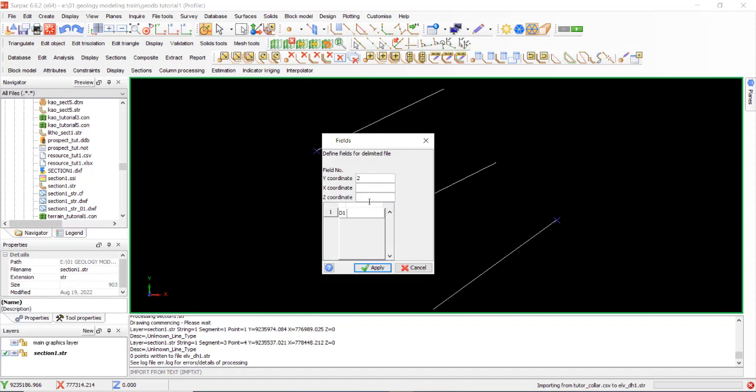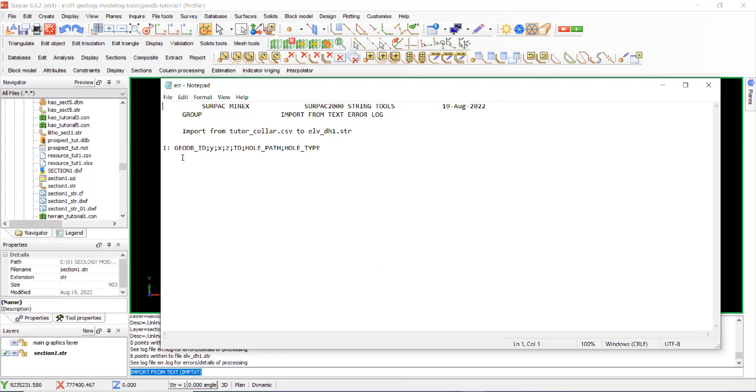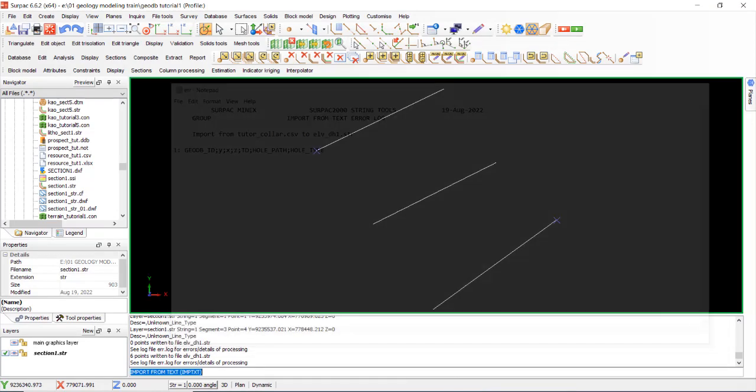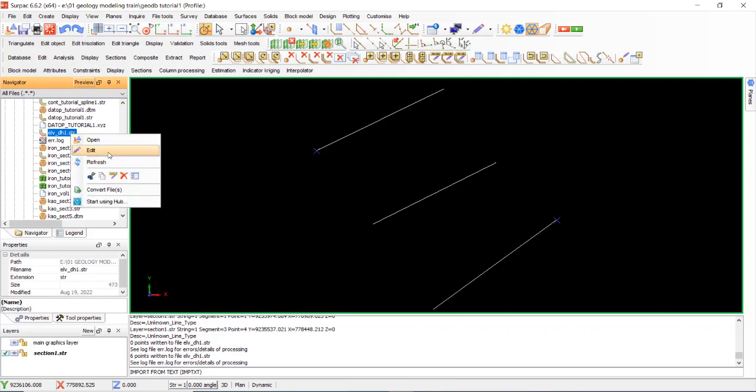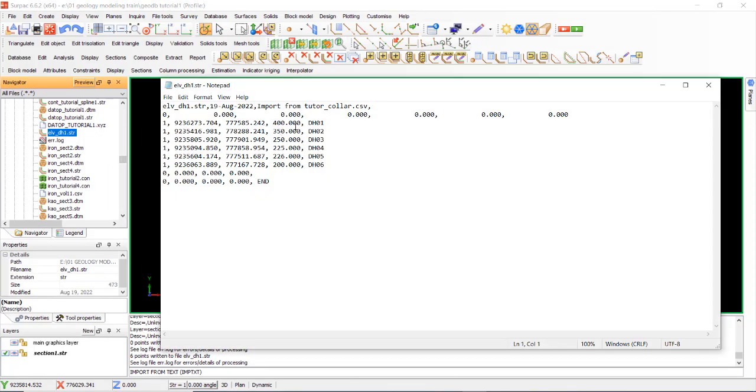Two, 3, 4, 1. Okay, clear. Then open the elevation, drill hole elevation. Okay, we have drill hole elevation but still GPS data.